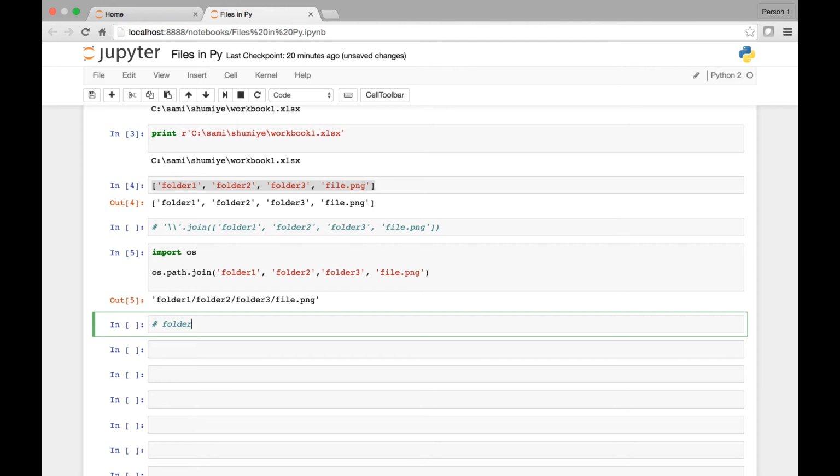Folder 1, \ folder 2, \ folder 3, \ file.png. This is what you'd get in Windows. Okay,